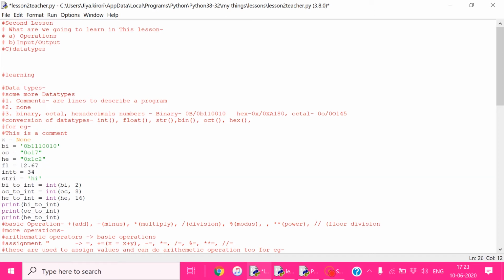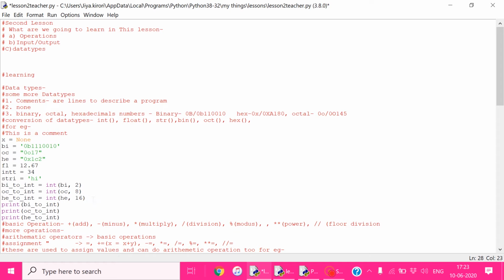So we write integer, and we write our variable or the number here, and we have to write 2 in order to convert this. And this is for octal numbers, we have to write 8 in this case, and for hexadecimal numbers we have to write 16. We can also convert strings into